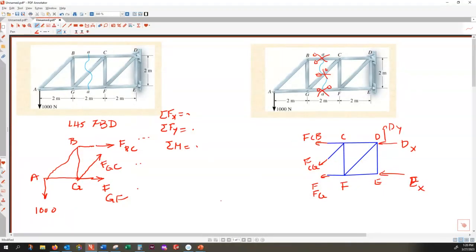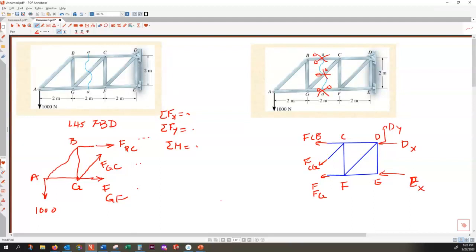So this free body diagram is not solvable, and the reason is it has 1, 2, 3, 4, 5, or six unknowns and only 3 conditions, 3 equations. So therefore,